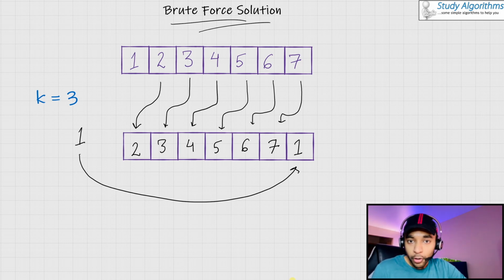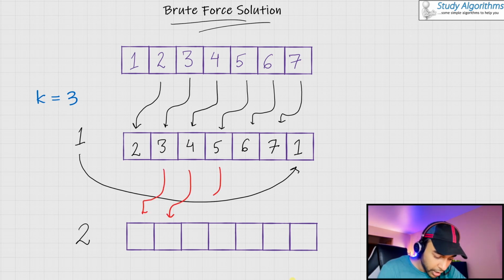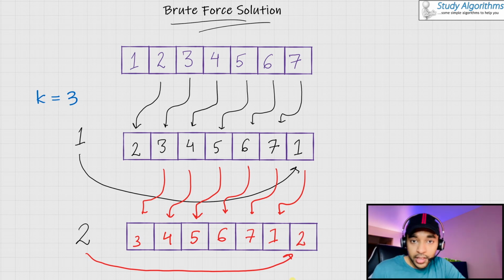Similarly, now you can perform the rotation for the second time. So what you will do is you will keep the number 2 aside and then once again copy all of the elements one by one position to the left. So 3 comes here, 4 here, 5 here, and then copy 2 at the very end. Now you see, you have been able to rotate this array 2 times. Going by this idea, you can follow this approach one more time and rotate the array. And you will obviously reach your answer. Your array would have been rotated 3 times.